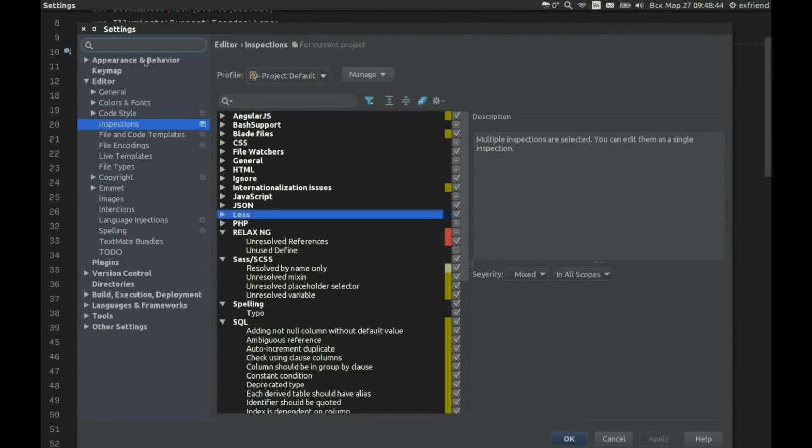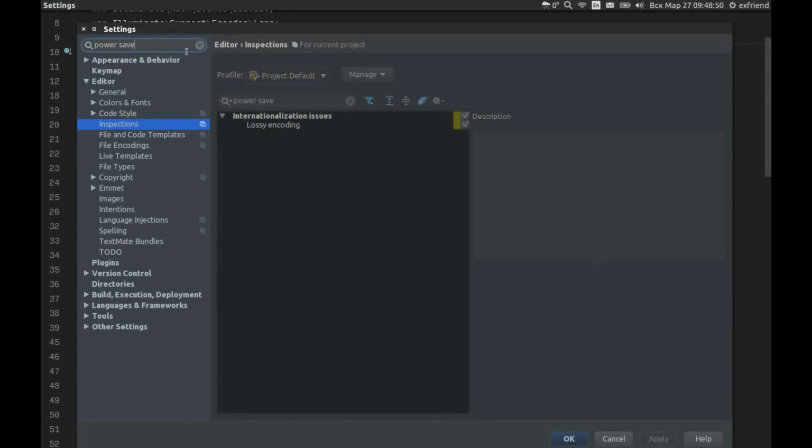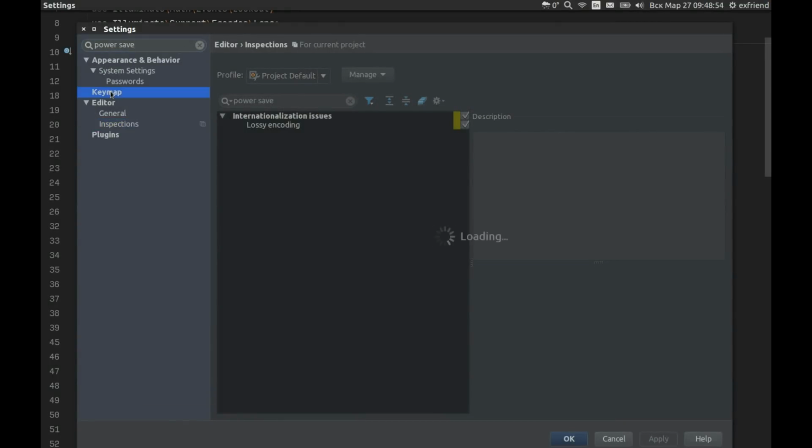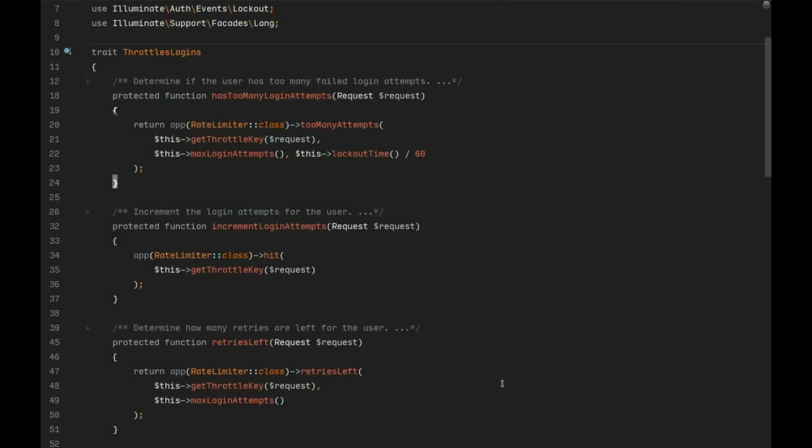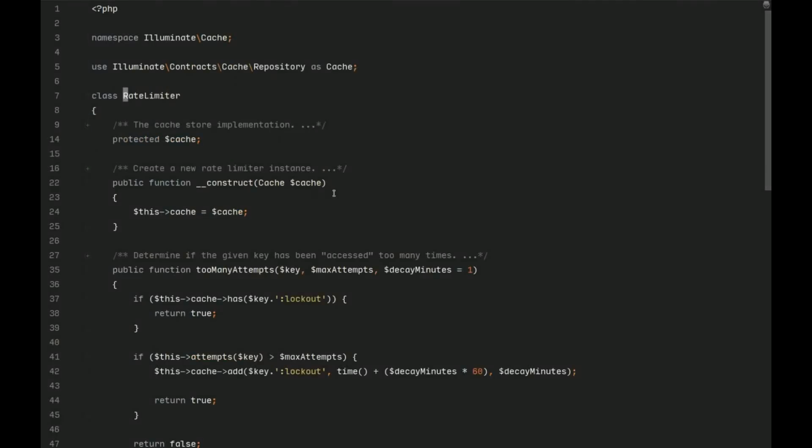To do this, you just simply open Settings and type Power Save Mode. Under the Keymap, you can find Power Save Mode and assign a shortcut. So now when you need it, you just open a file, press the key, and press it once again.